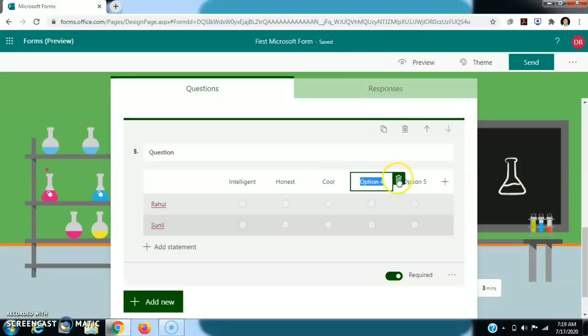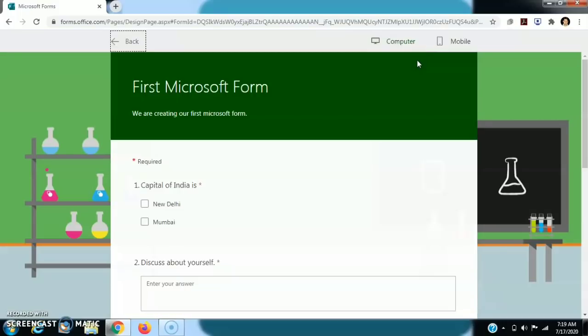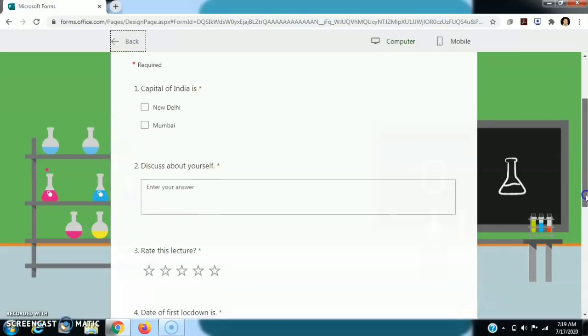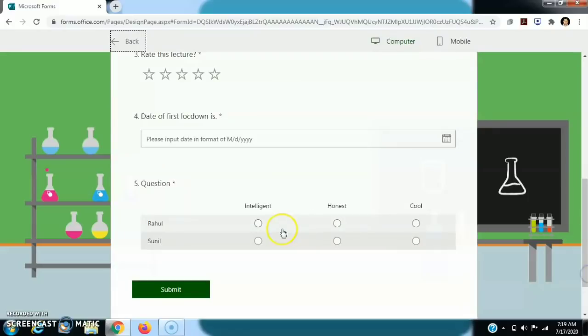We can add more, or we can delete these options. When the user answers, he or she can click any one of them. So let us check. I click on preview. I can select any one of them. This is the Likert option. Currently we go back.